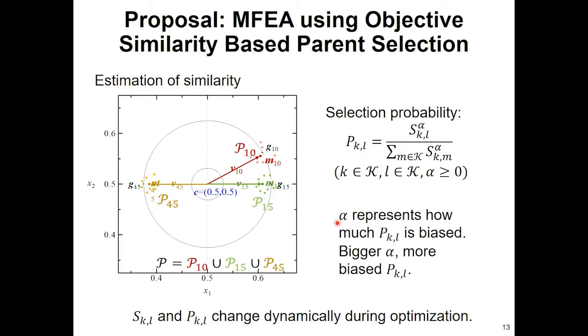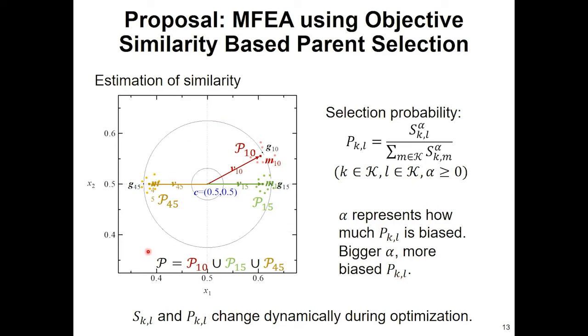When alpha is small, PKL is less biased, and when alpha is large, PKL is more biased. Alpha equals 0 means that the parents are chosen randomly. In the example shown in this figure,